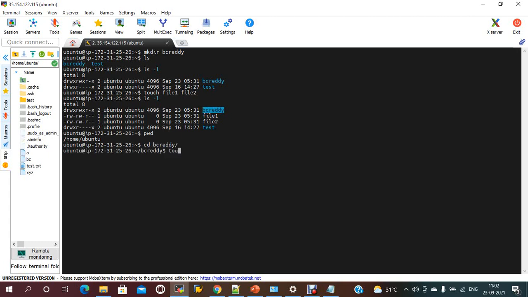Here if you want to create files, touch file 4, file 5, you just need to use a command like this. You can create n number of directories at a time also, and under that you can create one more directory. To create a directory, the command is mkdir devops.